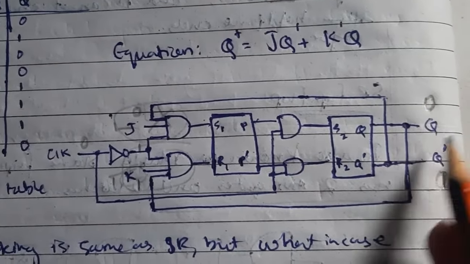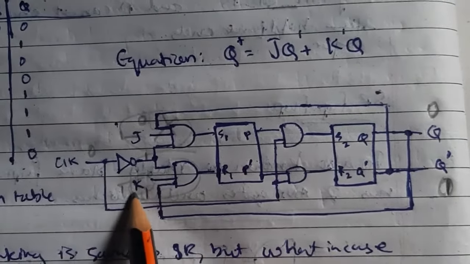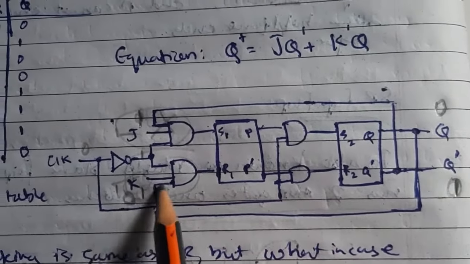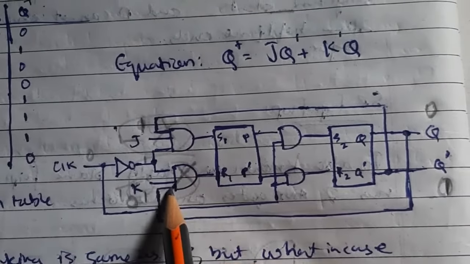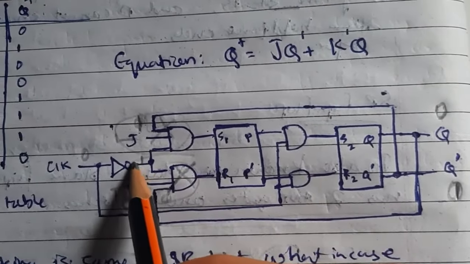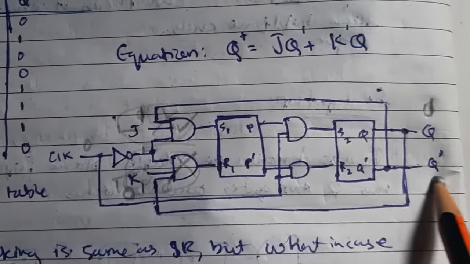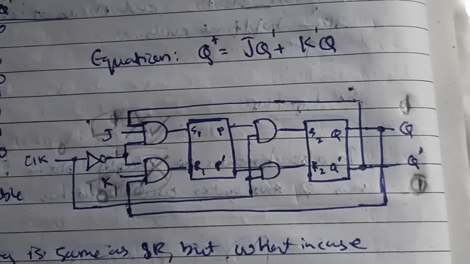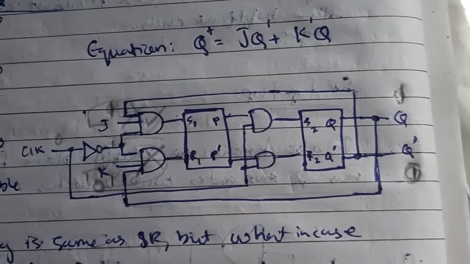Now suppose it's the same thing here, again J and K are both 1. Now Q is connected to K, so Q here will be 0, and Q bar is connected to J, so this will be 1. Now K has 0 at one input, so this AND gate will not work. This is 1, J is 1, and the clock is also 1 here, so this will work. When this works, this will become 1, and this will become 0. If you remember the working of JK, SR and D flip flops and latches, then you can write the circuit connection and explain it in your own words.